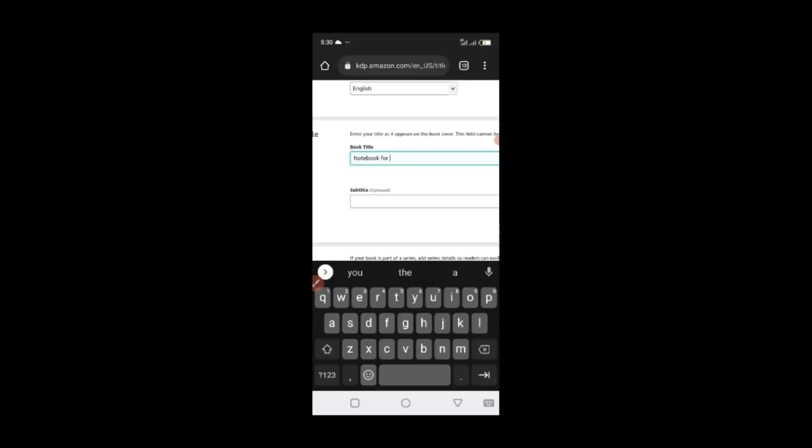for journaling. I can just write this, and then subtitle is optional, but I advise it, right? It's very important that you also put your subtitle. It also helps in visibility of your book when searches are being made, right? So I'm going to say notebook for note keeping,